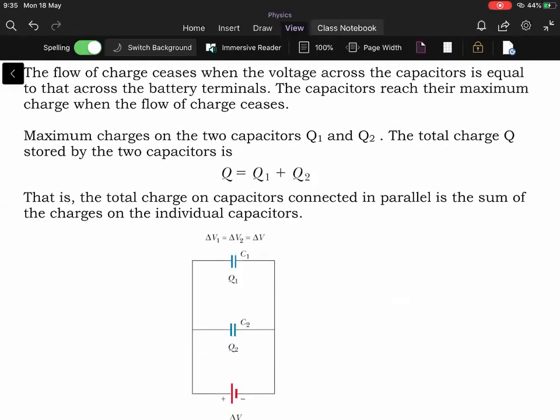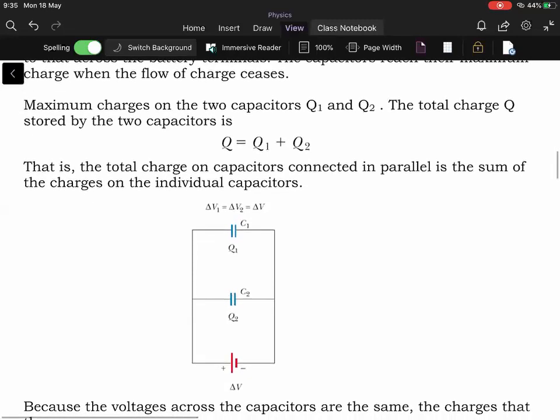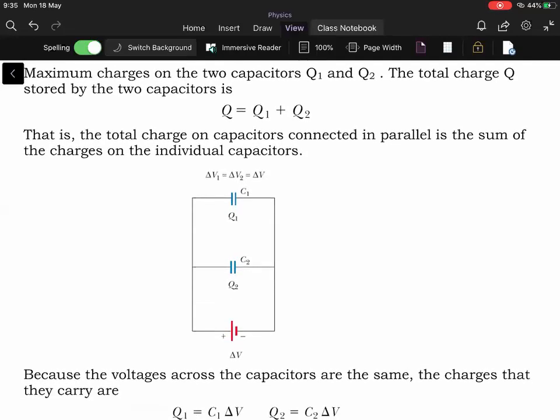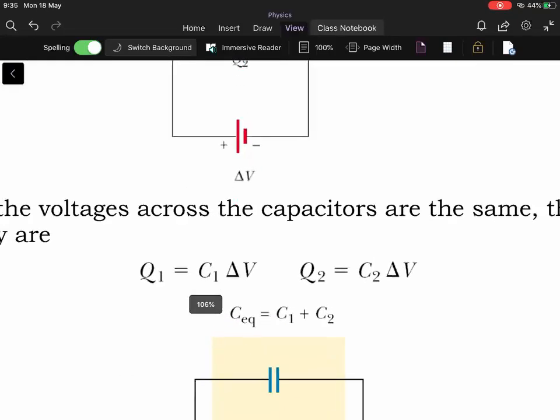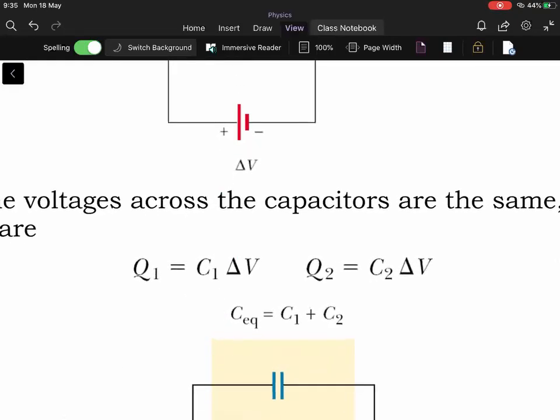Now, next, this flow of charge, that is electrons, will continue until the potential difference is the same as that of the battery. And that actually happens almost instantaneously, within 10 to the power minus 16 seconds. So it is almost as good as being spontaneous, or instantaneous. In this process, the total charge that flows through the battery is Q1 plus Q2: Q1 charge for the C1 capacitor, Q2 charge for the second capacitor C2. Now this Q1 can be calculated as C1 delta V, and Q2 can be calculated as C2 delta V. So your C equivalent is C1 plus C2. Why?